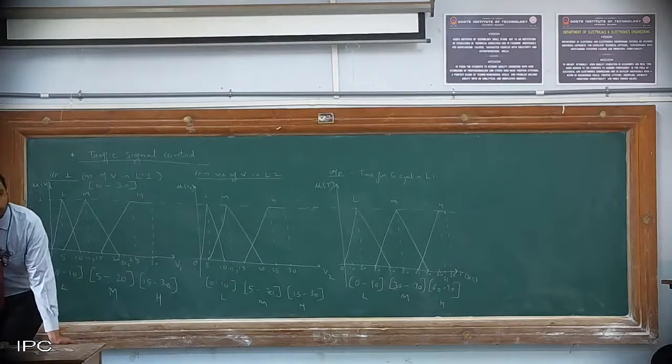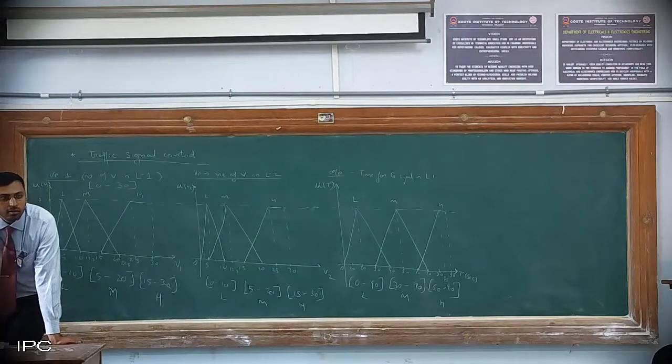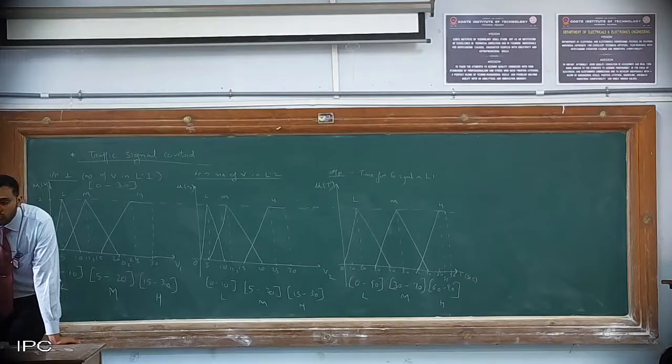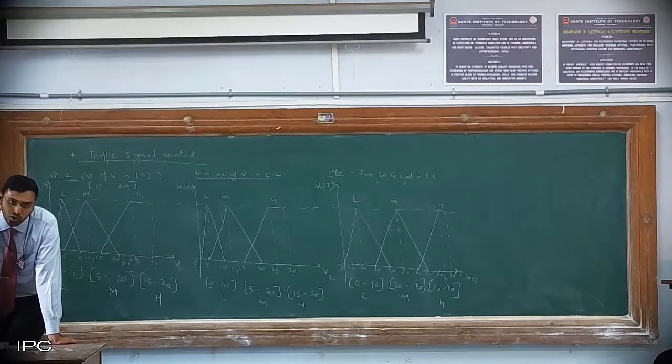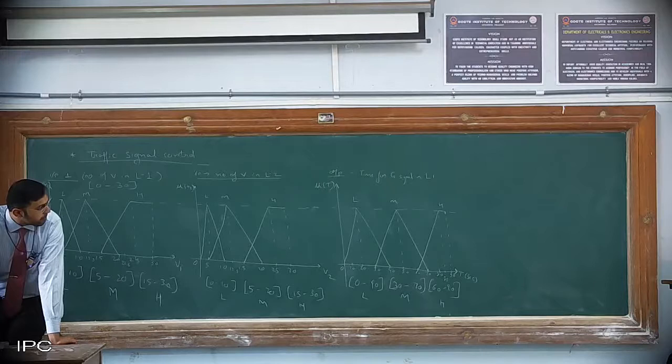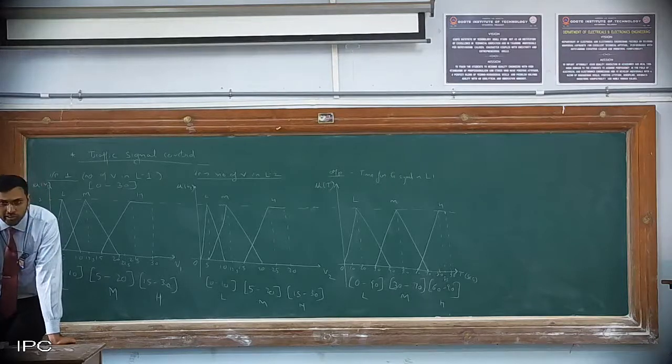Are you clear about these things, what we are trying to do? If you have any doubts, please let me know. See, as I told you, this is an open-ended problem. There are no parameters. They have only told you to design a FKBC, or fuzzy knowledge-based controller, for traffic signal. So you only have to decide the input, the output, the parameters, everything, solve it, and give the results also. Complete open-ended problem. So is it clear, everybody?